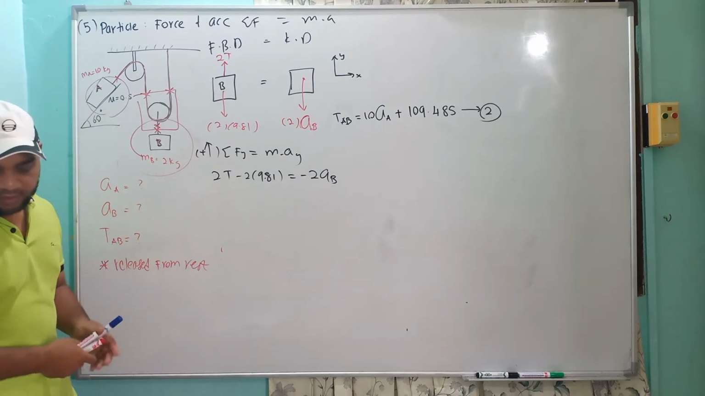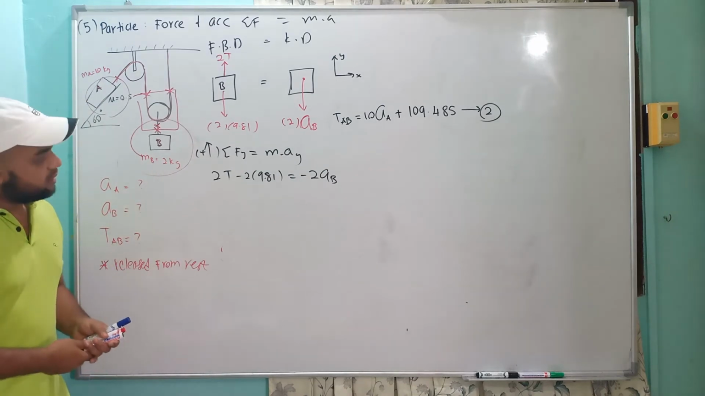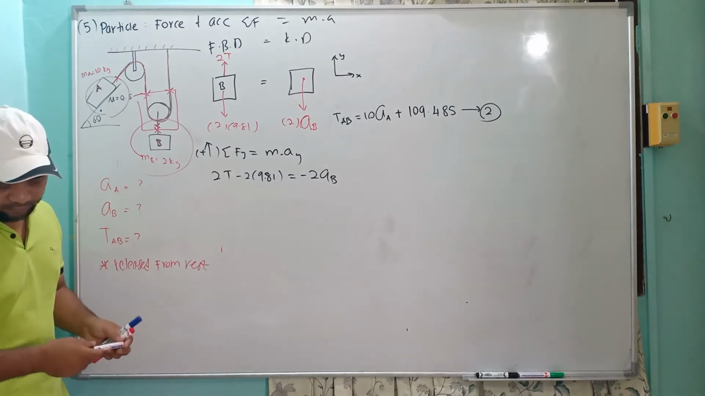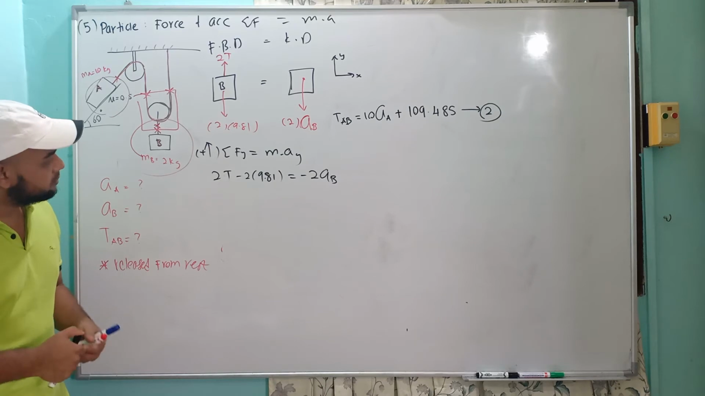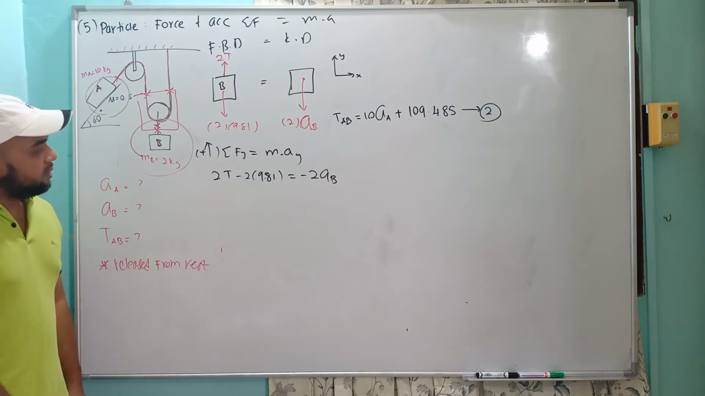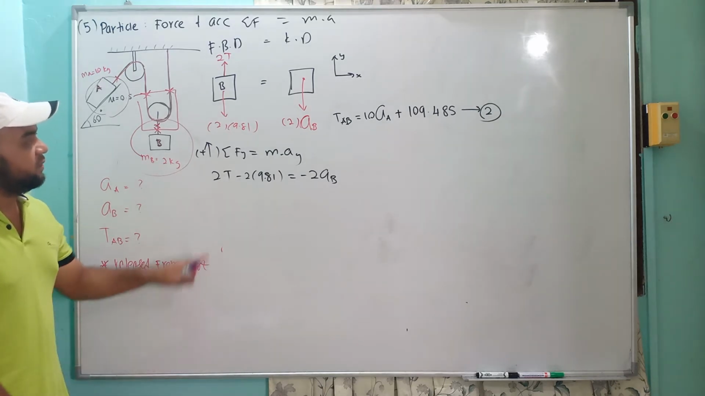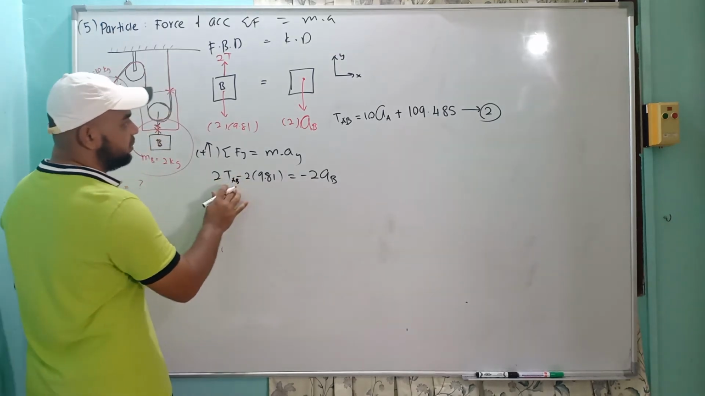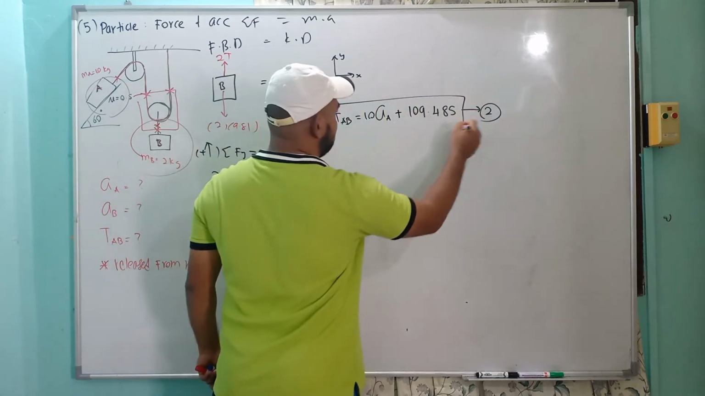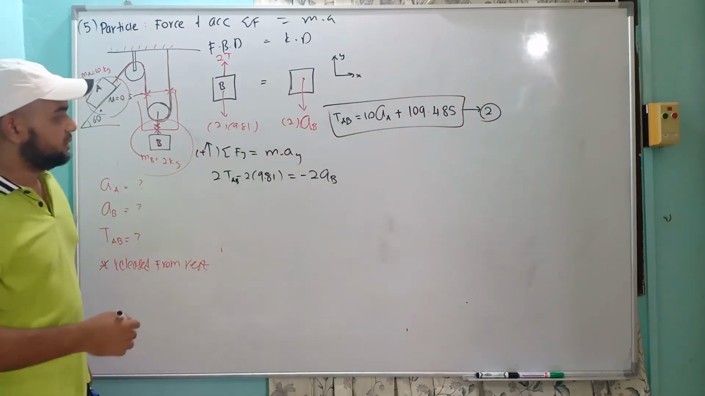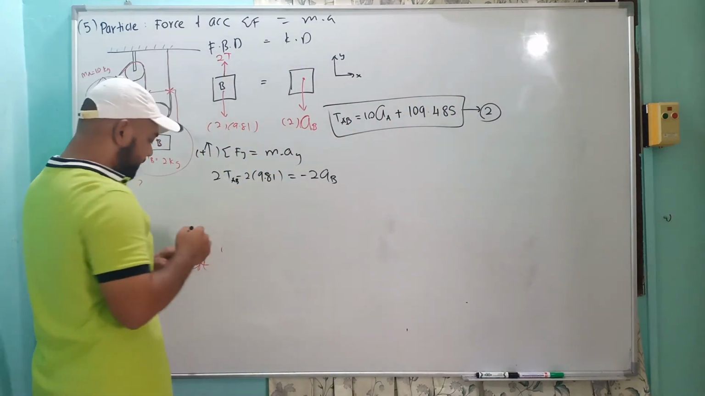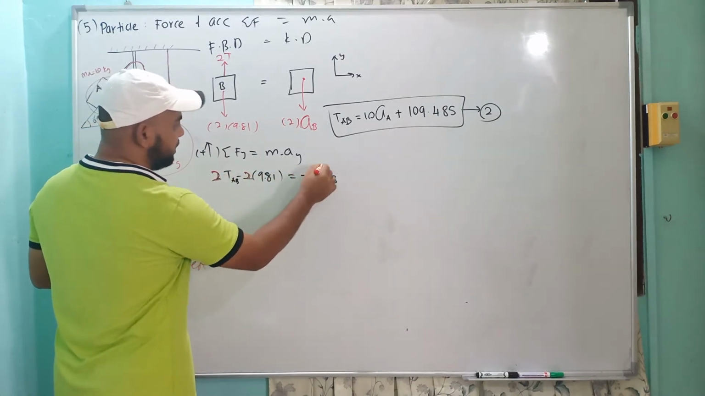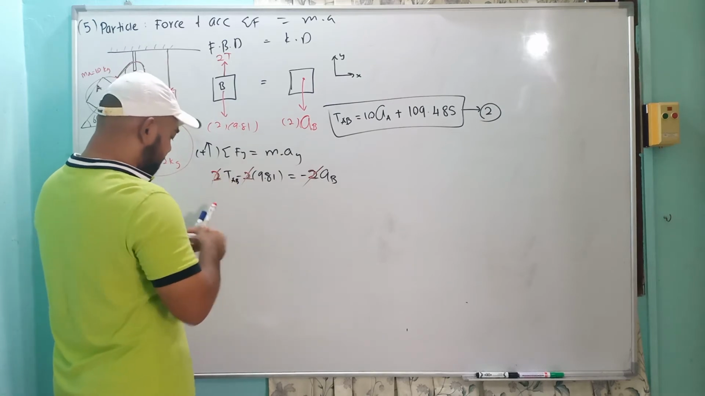Okay, so this is my equation. We can simplify because we have the TAB here, and from the previous equation we also have TAB, so we can make it the same TAB. Everything here has a 2, so I divide everything by 2. So I should have